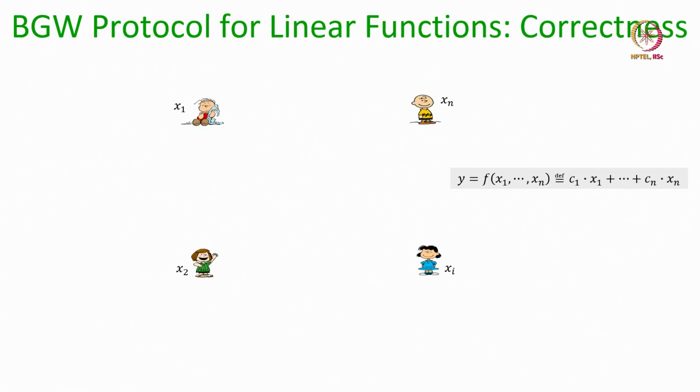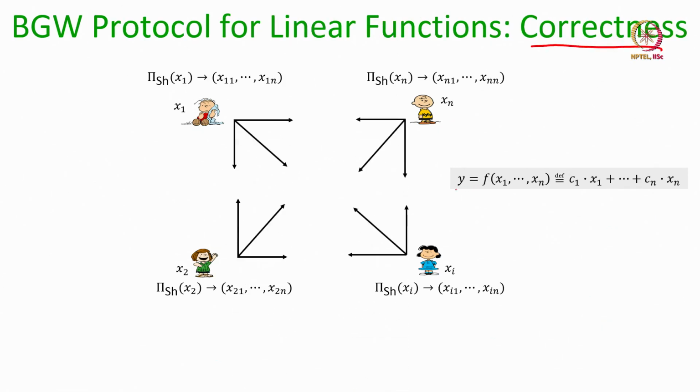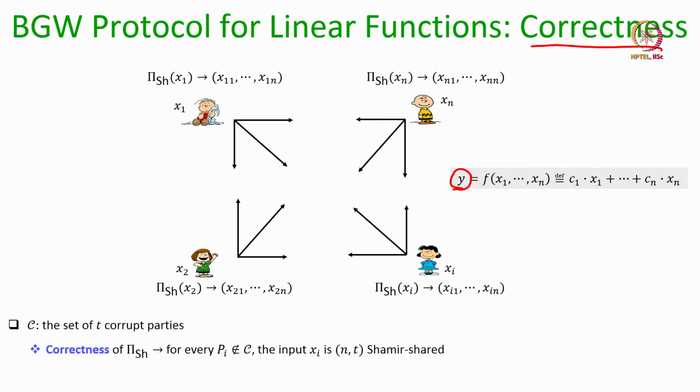Okay. Now, let us see the correctness property. So, our claim here is that at the end of the protocol every honest party will obtain the output y even if up to t corrupt parties behave maliciously. So, again let us fix the set of corrupt parties to C. During the input stage, if there is an honest party p i, then even if the corrupt parties misbehave during the sharing phase of those VSS instances, the correctness property guarantees that at the end of the sharing phase